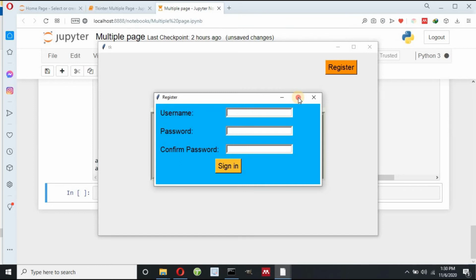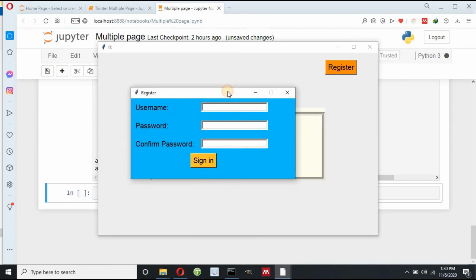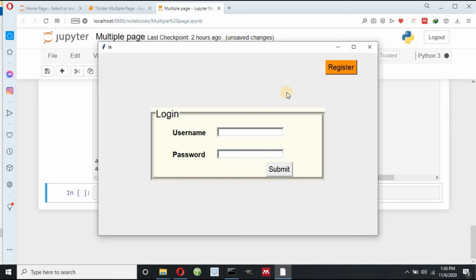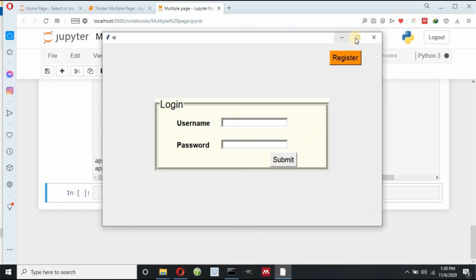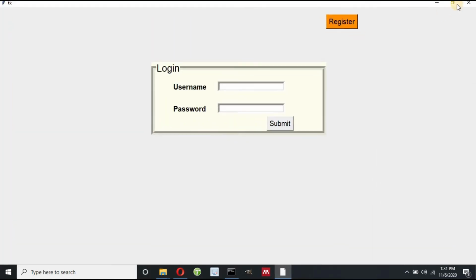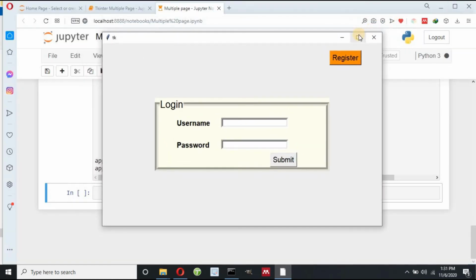If I click this maximize button, nothing happens. Okay, this is fine. Also in this window, if I click this maximize button, it will get maximized.